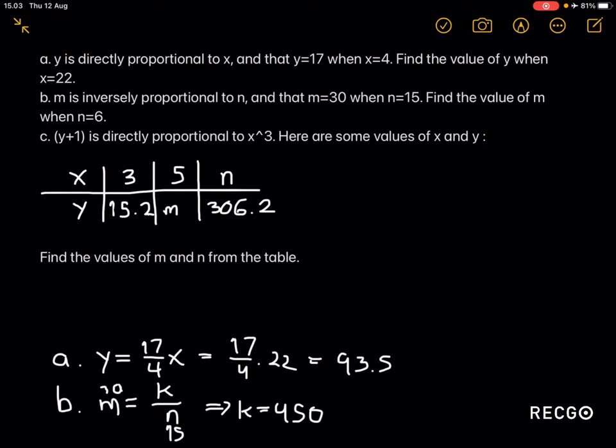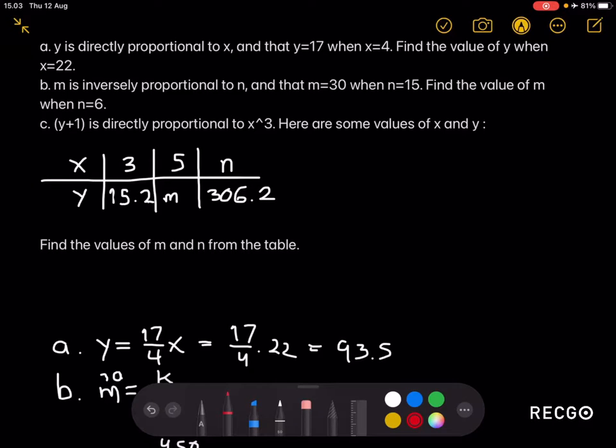And then finally for part C, y plus 1 is directly proportional to x cubed. Here are some values of x and y represented in the table right here. We need to find the values of m and n, which are right here, from the table. So let's first write down an equation relating y plus 1 and x cubed. By the definition of direct proportion, we know that y plus 1 must be equal to k times x cubed